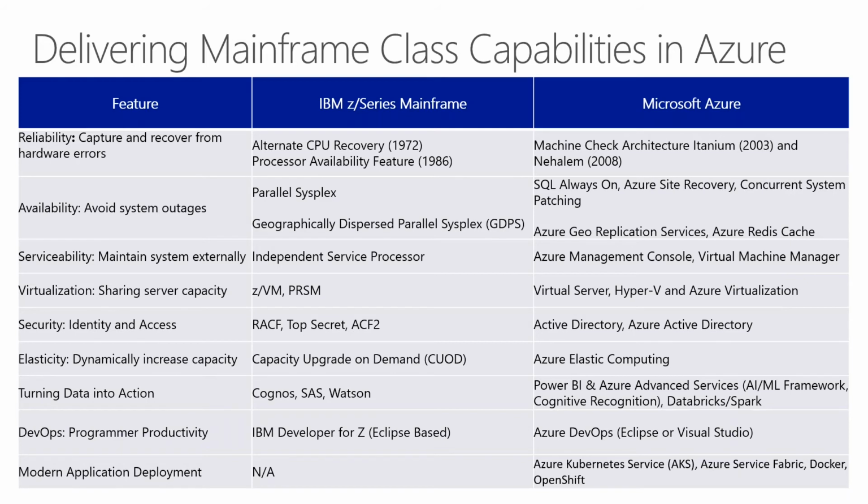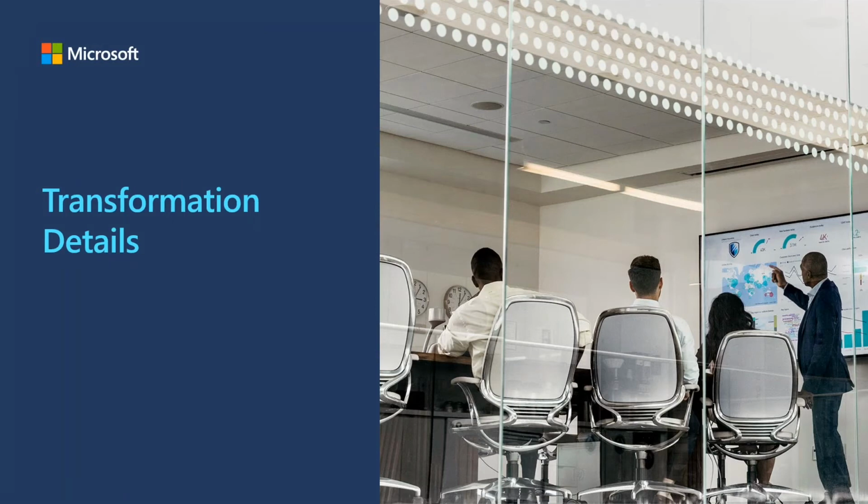And then the next one, we definitely can have a lot of capabilities from the AI perspective. And then DevOps is an area that often is looked at for why you want to move off the mainframe. And some customers will actually move off the development before they even move off the applications themselves. So there's a lot of different types of things you might want to do as you're moving through the